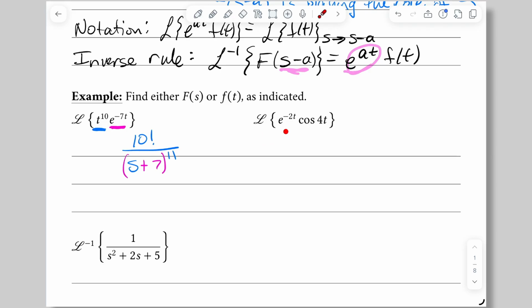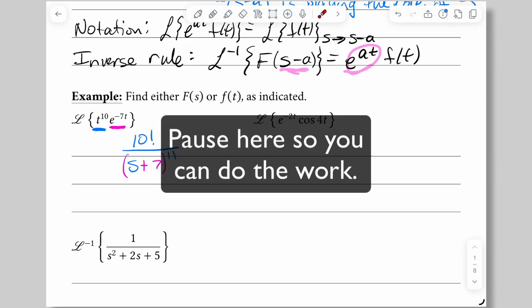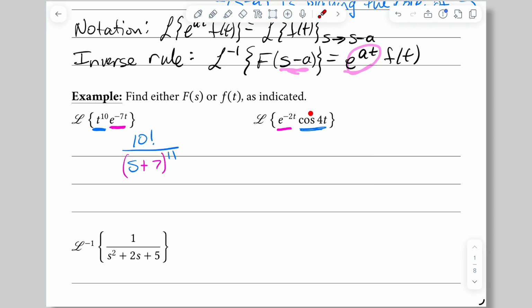The Laplace transform of e to the negative 2t times the cosine of 4t. I want you to write down what you think that answer is. The function that we're transforming is cosine of 4t, and that transform is s over s squared plus k squared, so s squared plus 16. We have this e to the negative 2t, that's going to give us our shift, and we see that in the denominator, so our denominator is actually s plus 2 quantity squared plus 16,